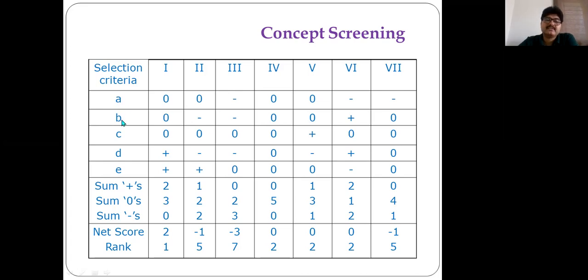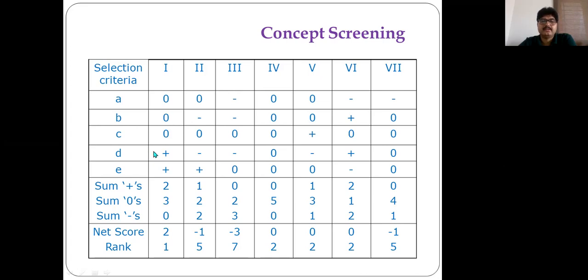Similarly, for selection criterion B, the first, fifth and seventh concepts address the criterion similarly to the fourth concept, but the sixth concept does better than the fourth concept. It is superior. The second and third concepts are not superior, and not even similar; they are inferior to the fourth concept in addressing criterion B. Like that, for each criterion, you compare the concepts relative to one concept, which is your previous product available. Based on that, you are able to compare against it.